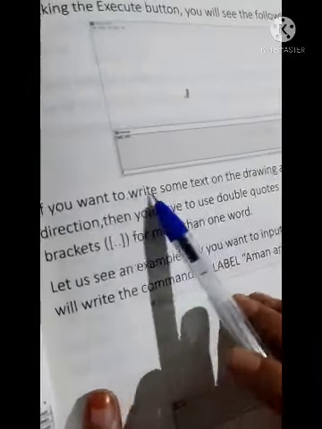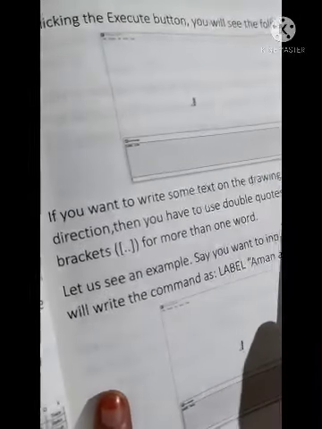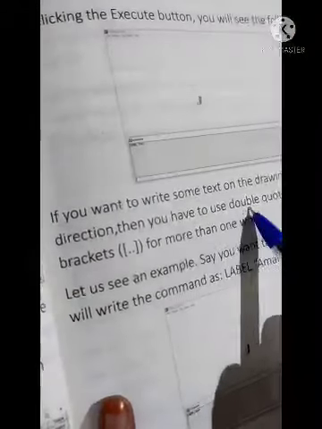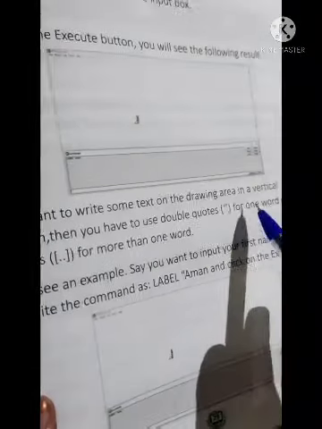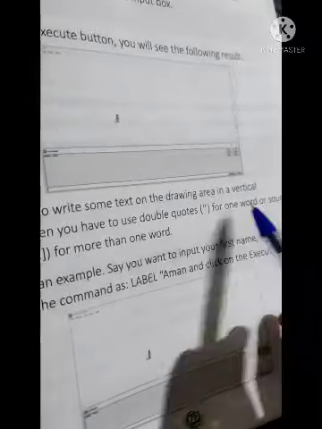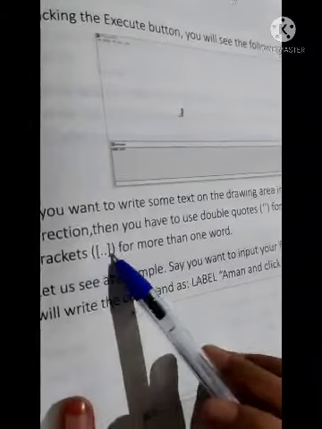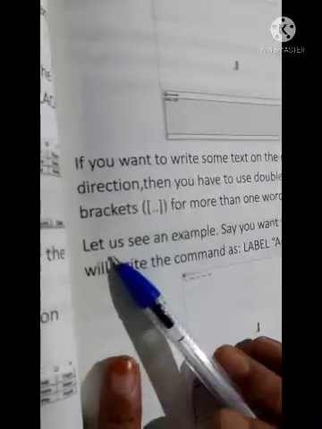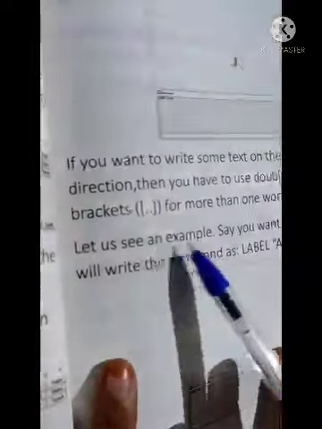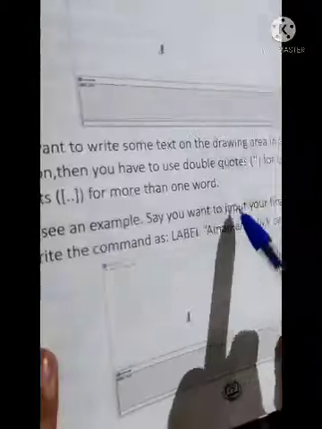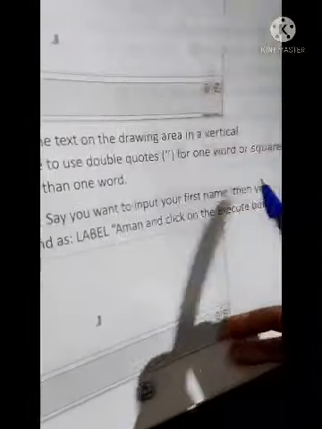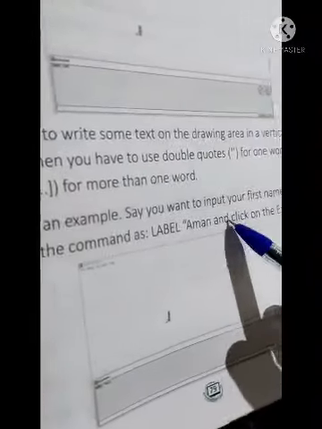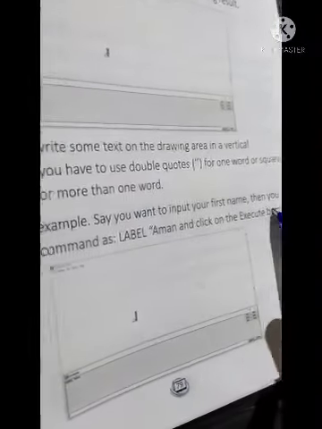If you want to write some text on the drawing area in the vertical direction, then you have to use a double quote for one word or square brackets for more than one word. Let us see an example. Say you want to input your first name, then you write the command as label Aman and click on the execute button.